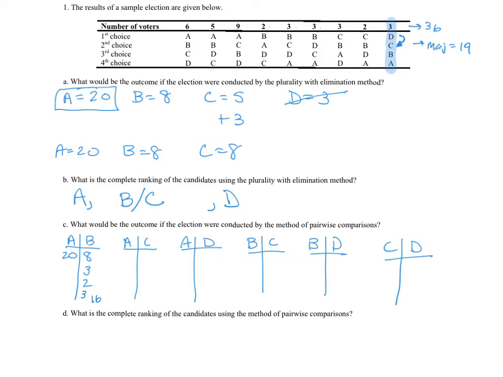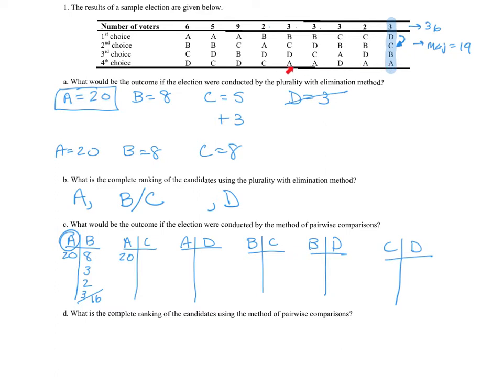So that means A wins, right? 20 to 16. So A wins that one. Circle it. All right, and now A versus C. A gets the first 20. And then every other column, you'll notice in every other column, besides these first 3,